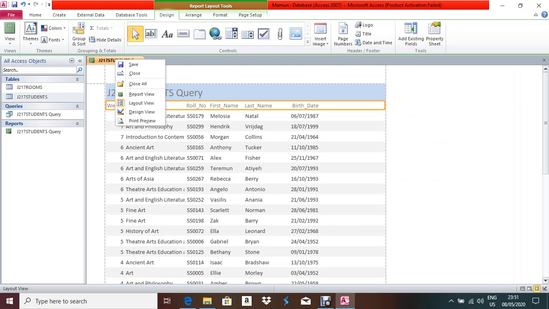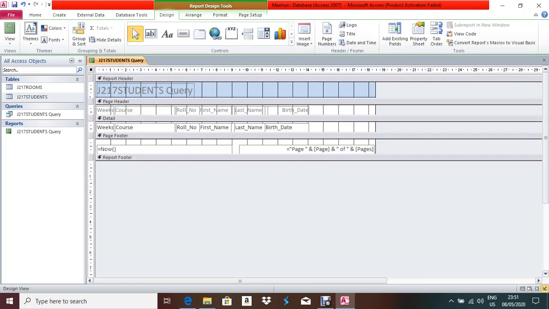Paid is not visible, right? So open this one into design view. So no paid is given here.